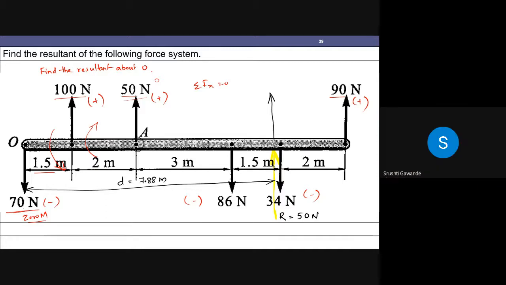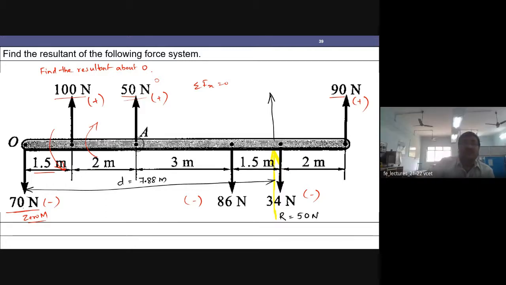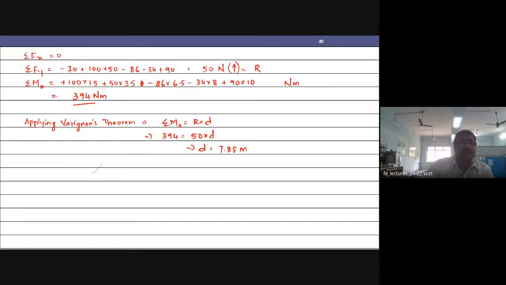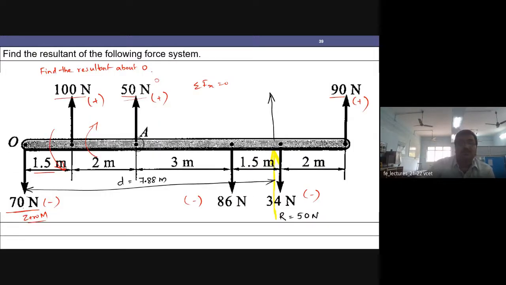Now another possibility. In the same question, let me give another possibility. Now I found out the sigma Fy. I found out the moment. Now suppose I have to show all this, this entire resultant. Now this was a complete force system. This I want to change into a force and couple system. In the same question, represent